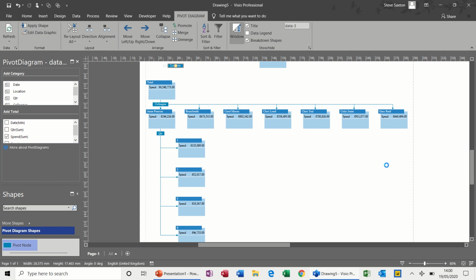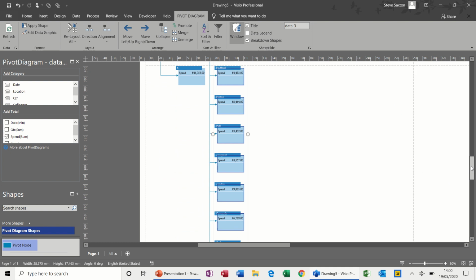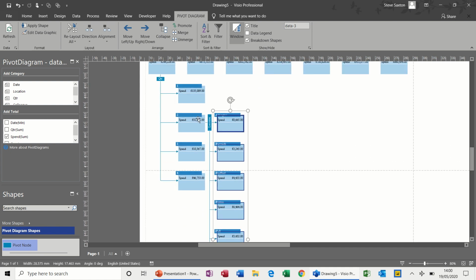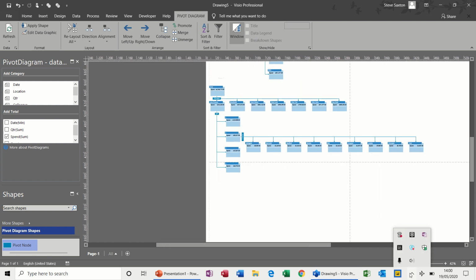So the ability to collapse things out of the way, filter things, add extra nodes, manipulate the node, makes it a very useful tool and very simple to use once you get used to what it's doing and how it's changing things around. And when it does stuff like that, it's slightly irritating, because I wanted that to go left. There you go. So if I come back out on this diagram a little bit so you can see everything,